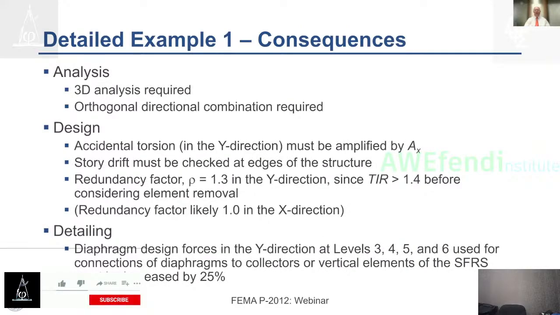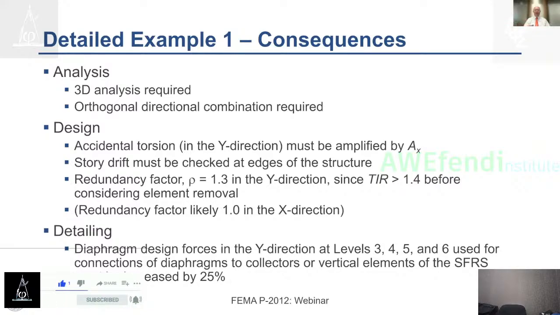So then when we find this irregularity in the design example, what we had to do was a 3-dimensional analysis. We have to do orthogonal combinations. We have to amplify the torsion in one direction. In the other direction, it's regular and torsion does not need to be amplified. We do have to think about drifts at the perimeter of the building